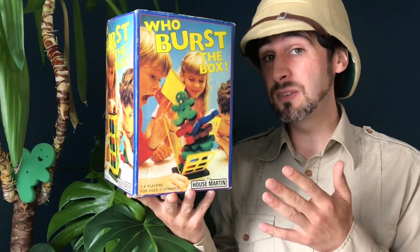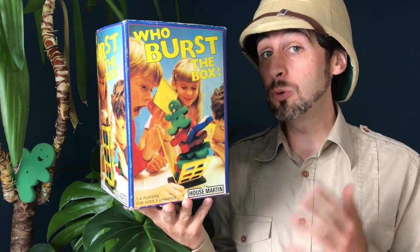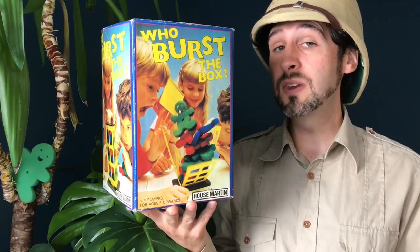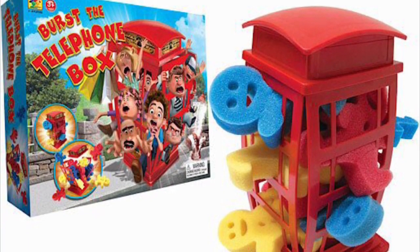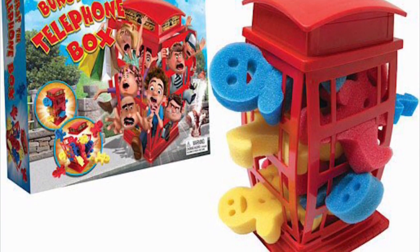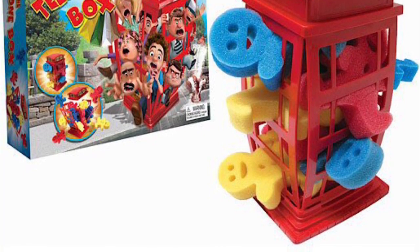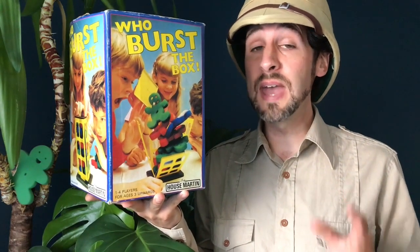So that means that this game probably came out in 85 or 86. It was also re-released a whole lot later in 2015 by a company called Foamie under the name Burst the Telephone Box. And that version, while basically the same game, has undergone a complete overhaul where there are fewer but thicker foam men, and the box itself has been completely redesigned to look like a telephone box with a whole new mould and sculpt. Who Burst the Box is a game for 1 to 4 players aged 3 and up,